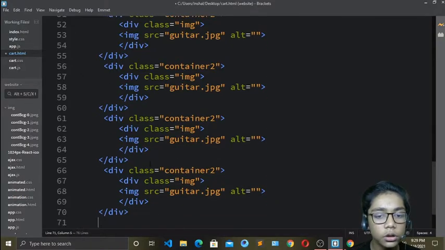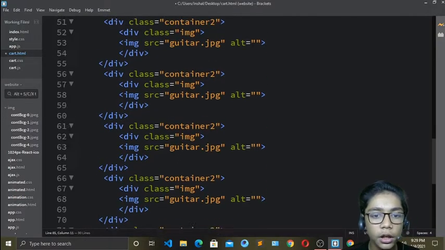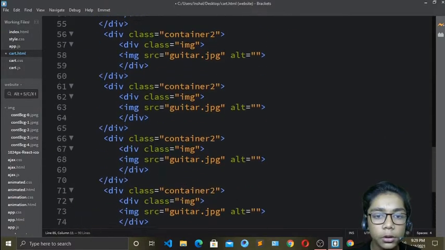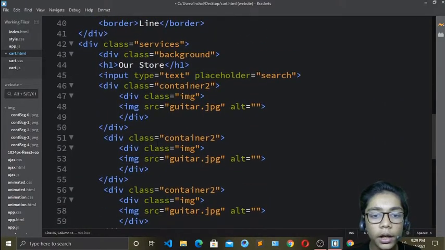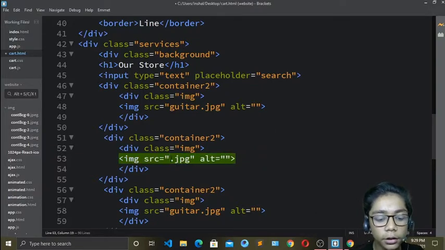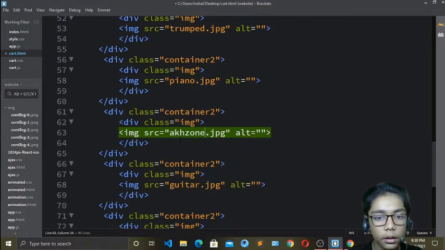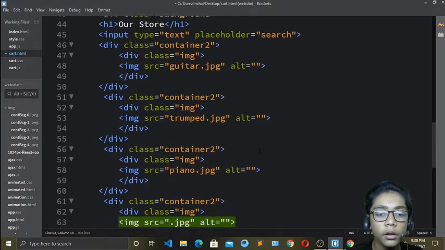Now I will copy that many times, and you have to do it like that. If I show you, we have copied that many times. Now here you have to write another name, which is trumpet. So we will also write trumpet. Then I will come and write piano. Then come over here and write another name. Over here I will write Zoom. Then I will erase that, and now you have to write flute.